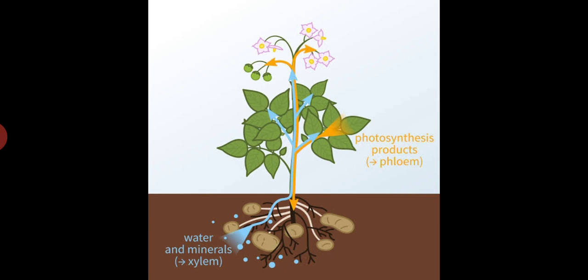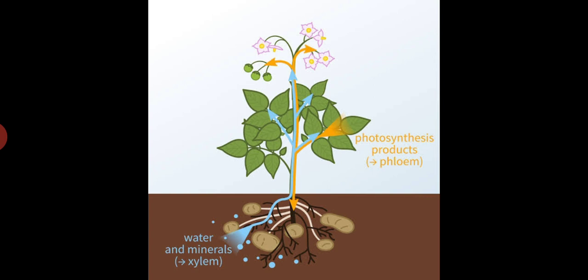I'm again with the new part of this chapter, that is transportation in plants. You know that transportation in plants occurs in two ways, with the help of xylem and with the help of phloem. Xylem transports water from the root to other parts of the plant body, and the phloem transports the stored food from the leaves to other parts of the plant.